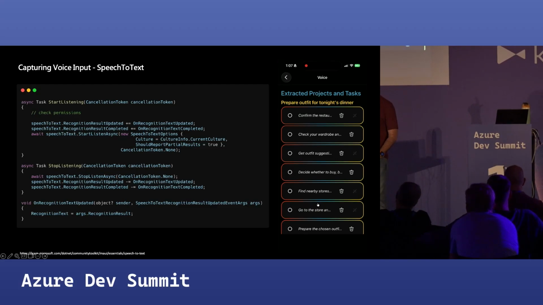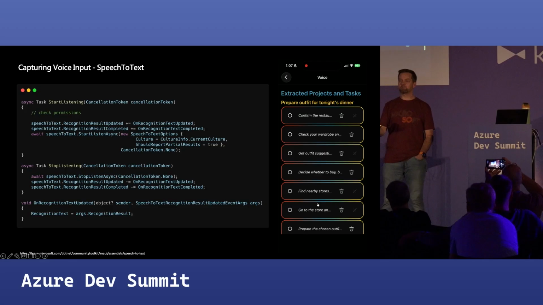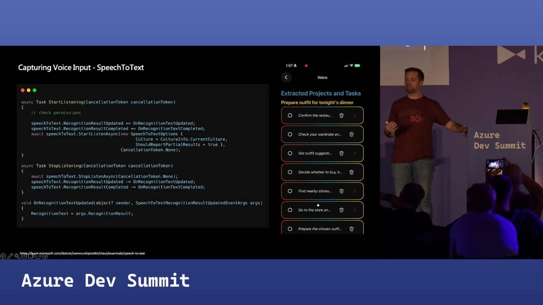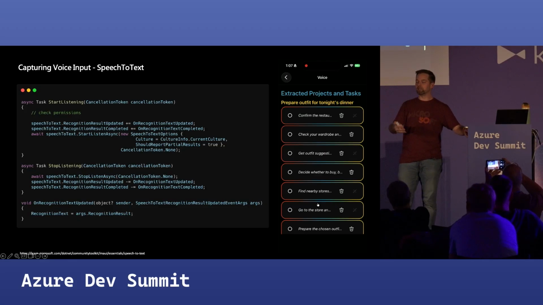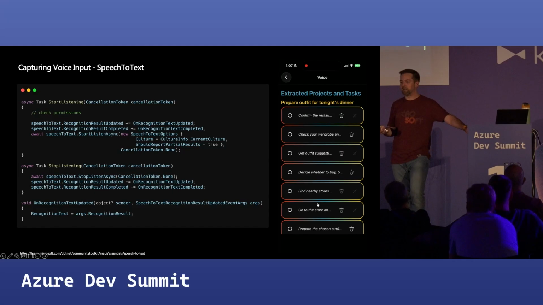And just one note, the reason that you see the tasks have the gradient outline in it, I'm indicating to the user that these are AI-generated tasks, and I'm also expecting the end user to validate the tasks before committing it to the database. So this is kind of one of the UX guidelines that I probably won't get to a little bit later, but it's about making sure that the user is always in the loop, and it's transparent to the user when AI is doing something on their behalf.